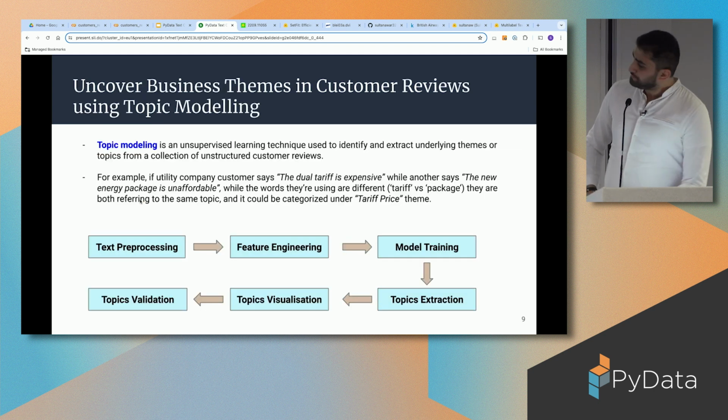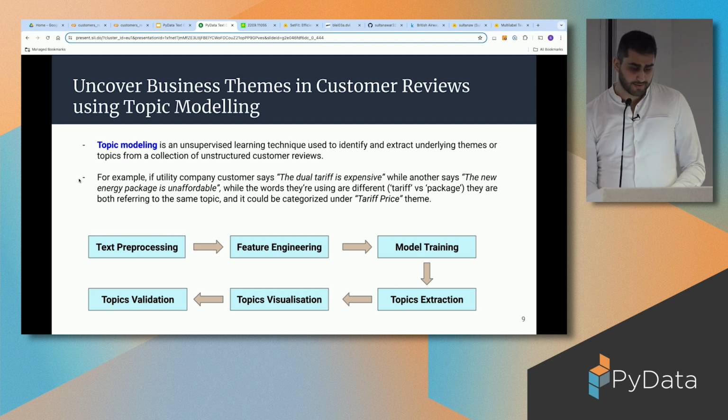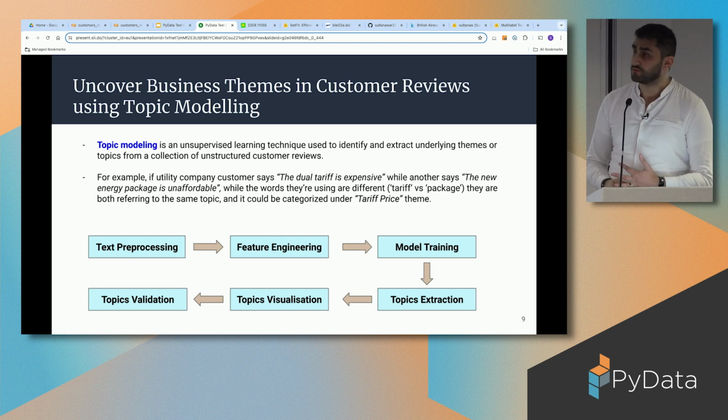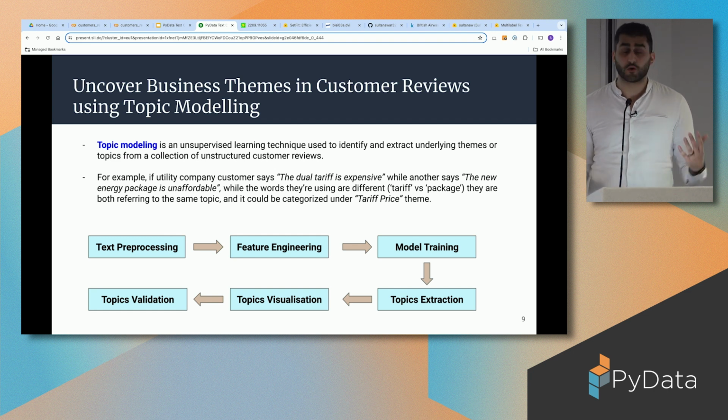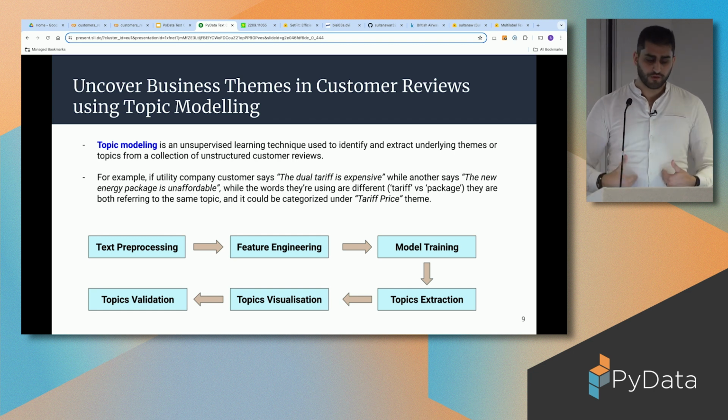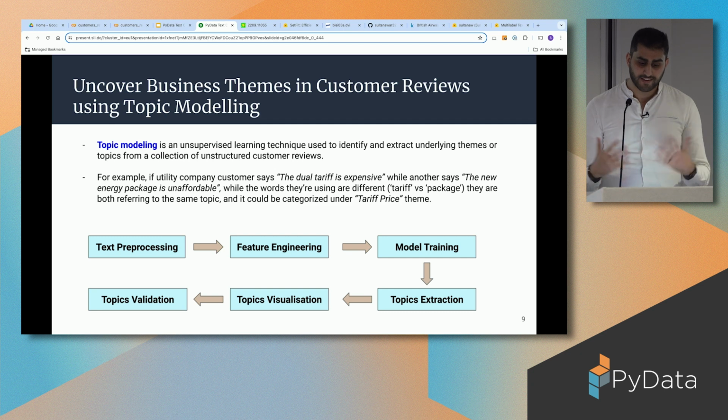Yep, so now we're gonna talk about topic modeling. Topic modeling is a way for us to uncover business themes in customer reviews. It's an unsupervised learning technique because here we don't know what categories or topics customers are talking about. We just have a bunch of reviews, and our goal from topic modeling is to try to identify